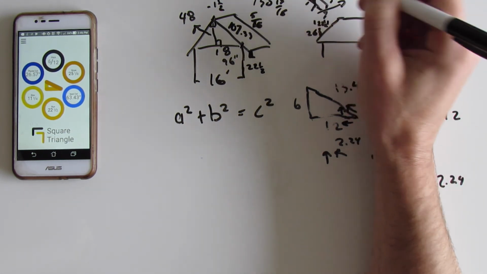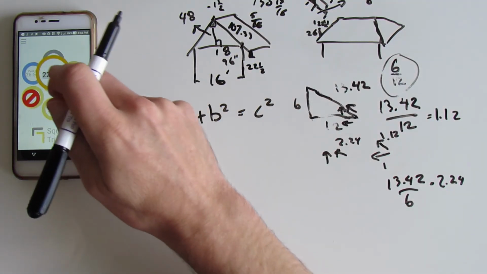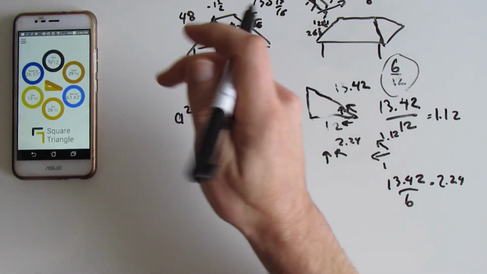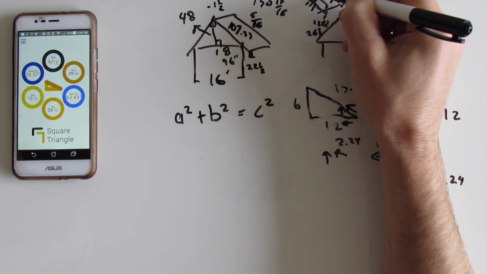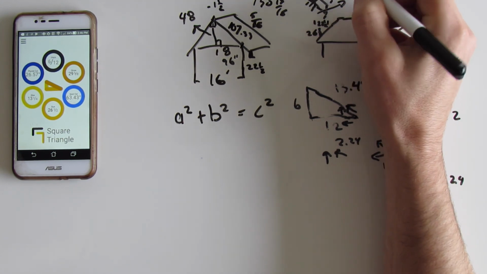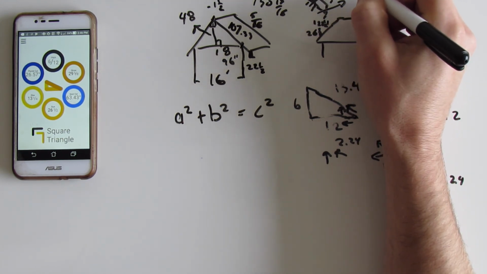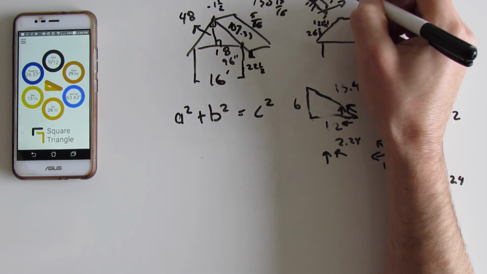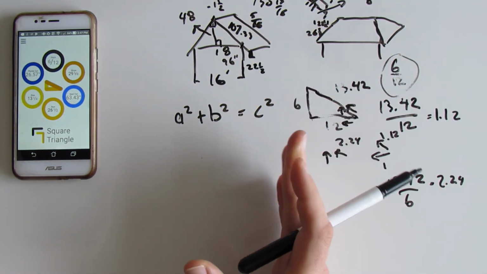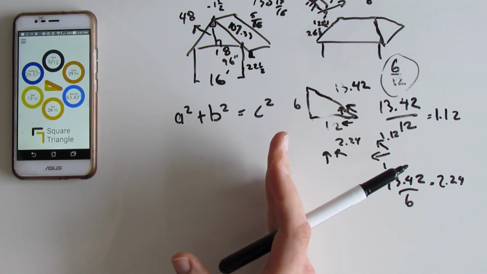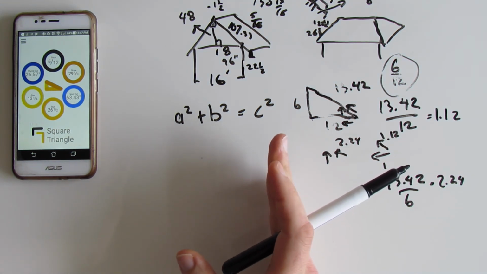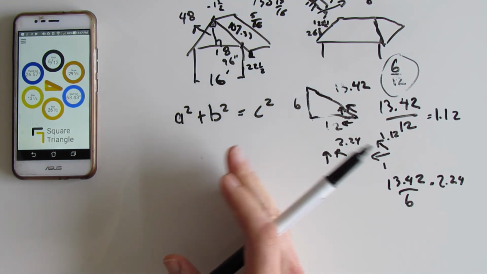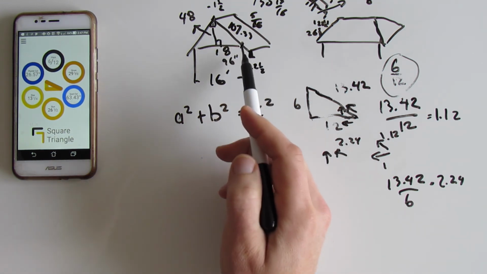Or if you want to go to the inside, you could go 26. So from to that point would be 29 5/8. So you can see how this calculator very much simplifies the process of calculating your rafter lengths,